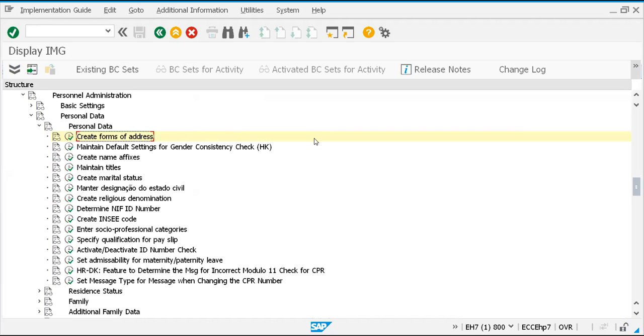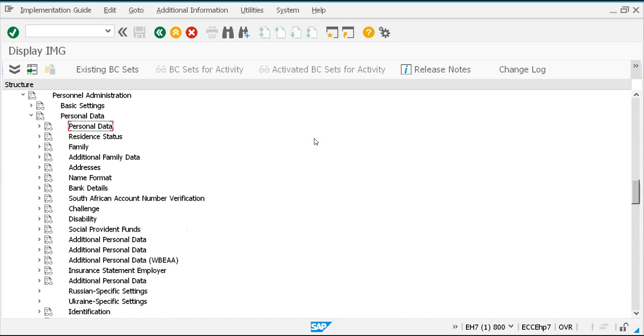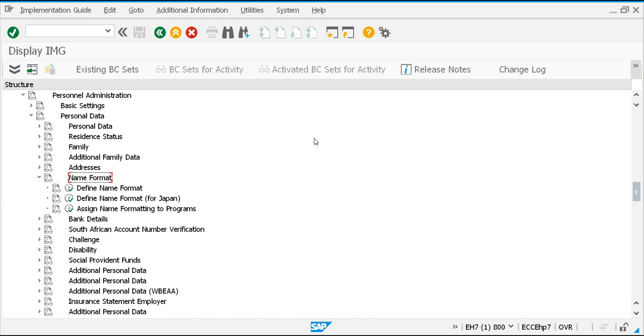Okay, so here you can see other values. Maintain titles, you can maintain. What I'm doing is maintaining in this, PA, personnel administration, personal data, and you can see name format here. I'm going directly from here. In name format,